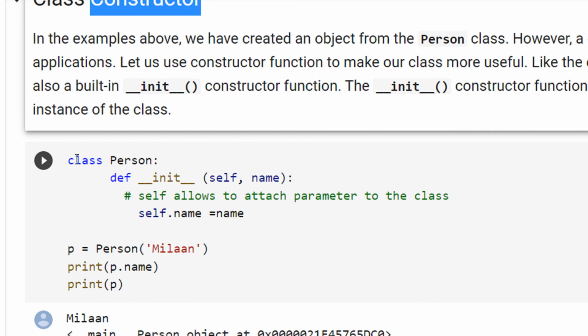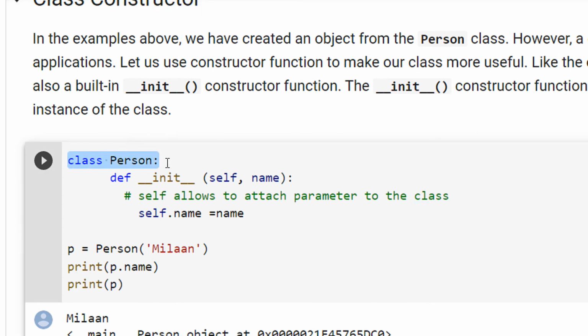So first let us see this example. See, I have made a class person. And I'm defining a function. Now this function is a special function, underscore underscore init underscore underscore. So this basically acts as a constructor function. I will tell you what is a constructor function once again, but let us see, it takes two parameters, self